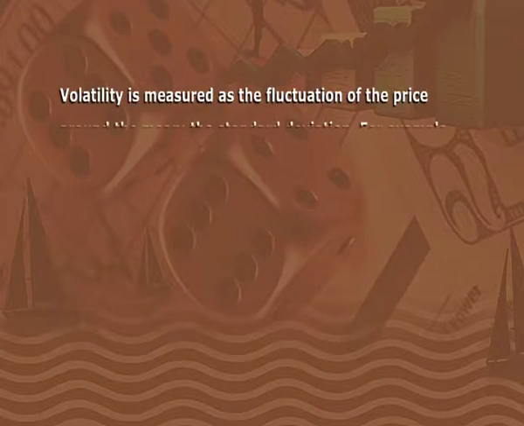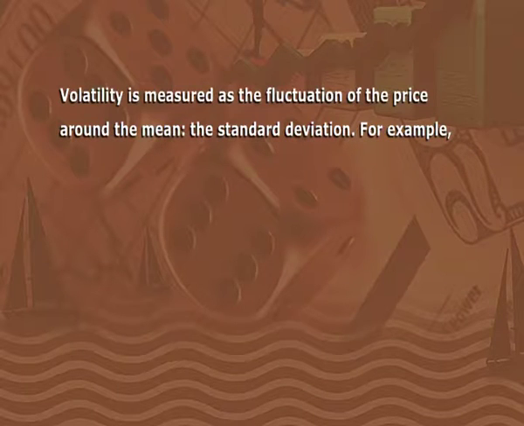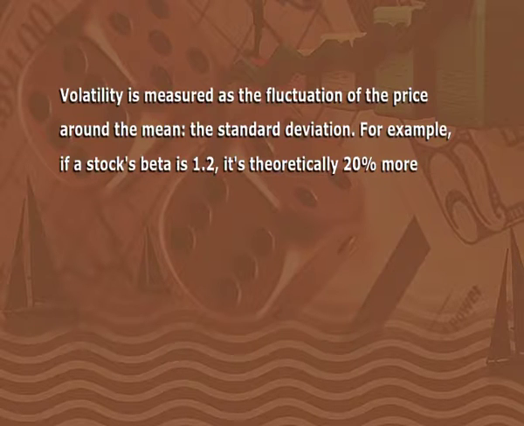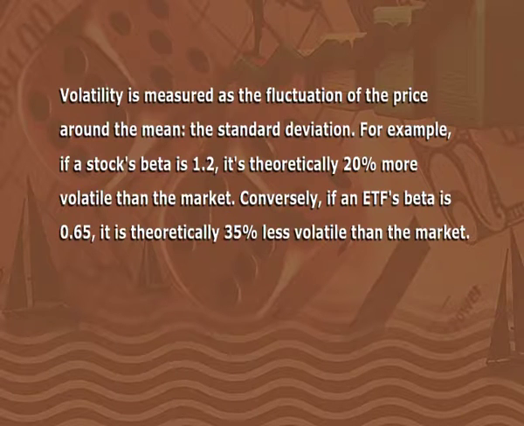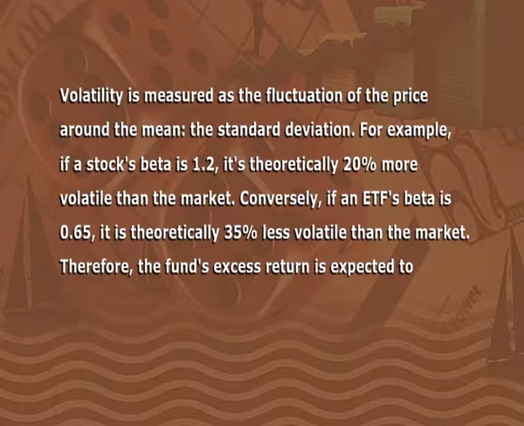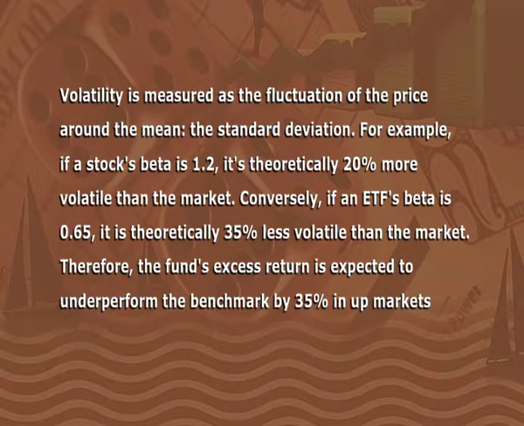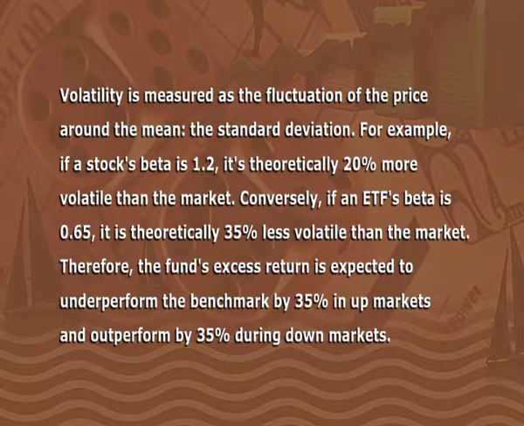Volatility is measured as the fluctuation of prices around the mean, the standard deviation. For example, if a stock's beta is 1.2, it is theoretically 20% more volatile than the market. Conversely, if an exchange traded fund's beta is 0.65, it is theoretically 35% less volatile than the market. Therefore, the fund's excess return is expected to underperform the benchmark by 35% in up markets and outperform by 35%